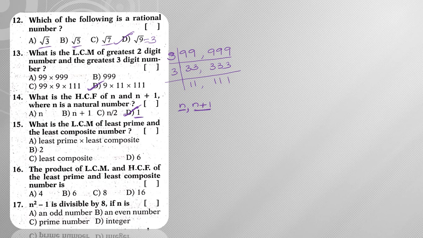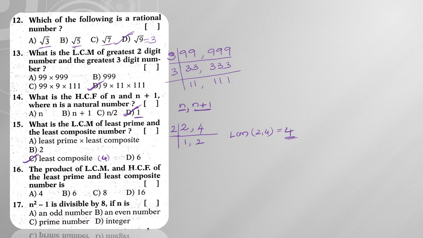Right, next moving on to question number 15. So what is the LCM of the least prime number and the least composite number? The least prime number is 2 and the least composite number is 4. Now he is asking you to find out the LCM. So LCM of 2 comma 4. In the 2 table it goes 1 time, 2 times. So clearly the LCM of 2 comma 4 is 4. Where 4 is the least composite number, hence the answer is the least composite number, or you can give the answer as 4 also.